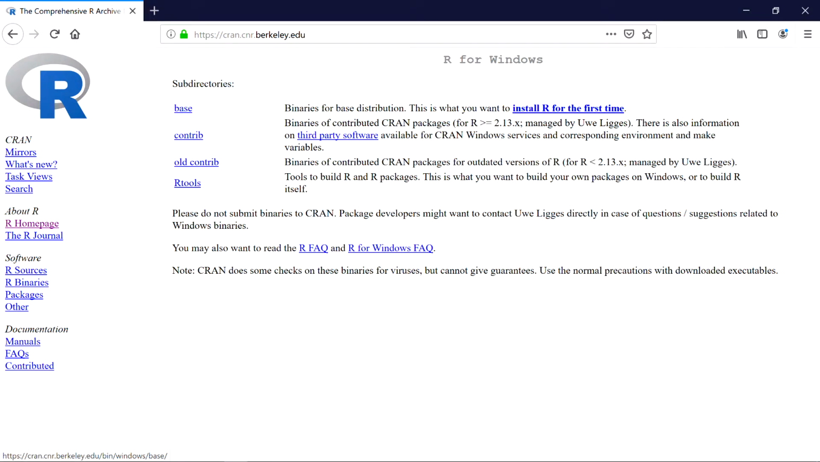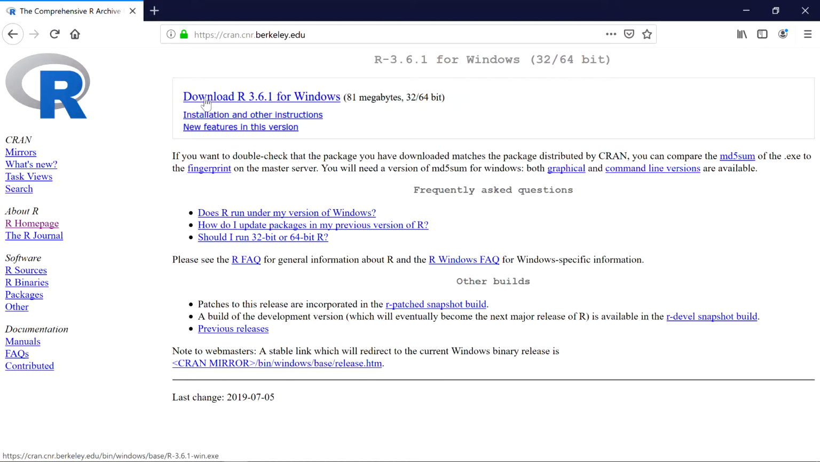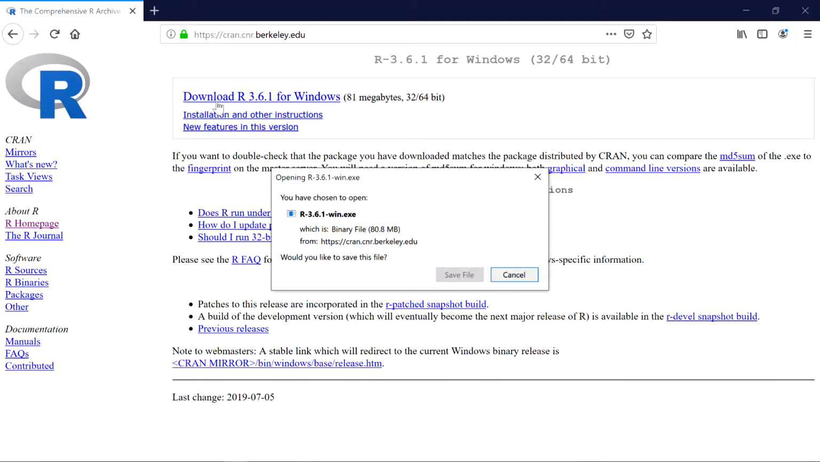So of course, if you were to install this for the first time, this would be a good start. I usually just download this even if I'm trying to update my R, and that's perfectly fine. So I'm going to click on this, ask it to save the file,